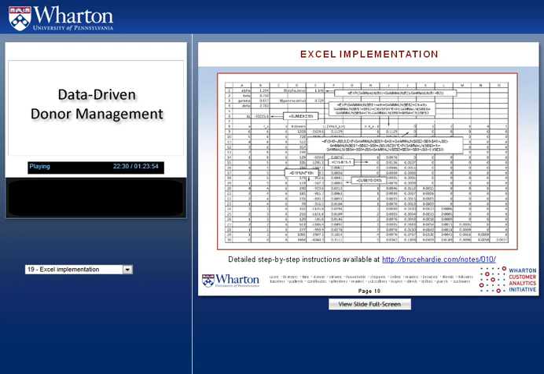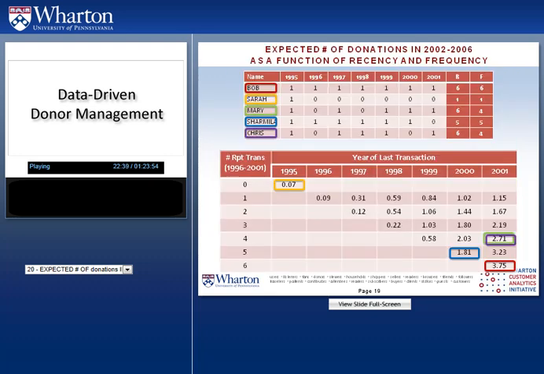And I'll say nothing more than that. In fact, what I'd rather do is jump right to the projections that this model offers. So as we've said, all we need to know are people's recency and frequency. As you can see on this next chart over here, we have our expectations for the next 5 years based